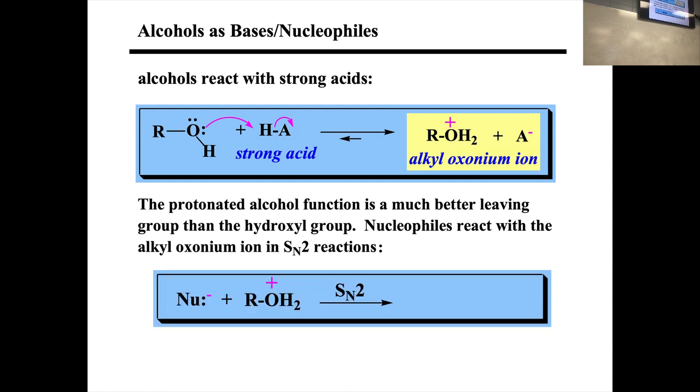So for example, I could have a protonated alcohol. It can react with some type of nucleophile to give me a new, in this case, I guess carbon-carbon bond plus water. Water is a good leaving group. Okay, and so this happens. So, for example,